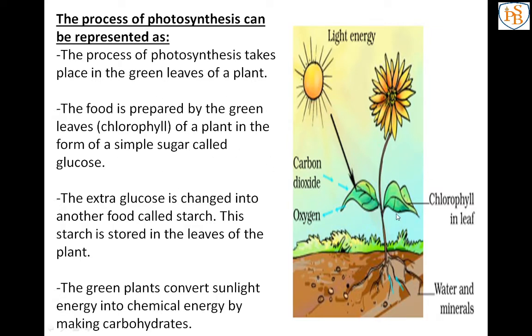See, that takes place in a leaf. So the leaves are the kitchen of the plant. Then after using the light energy, carbon dioxide and water, the plant makes food in the form of simple sugar, that is glucose, and then the extra glucose is stored by the plant as starch. So overall in photosynthesis, the plant is converting the light energy into chemical energy to make their food.